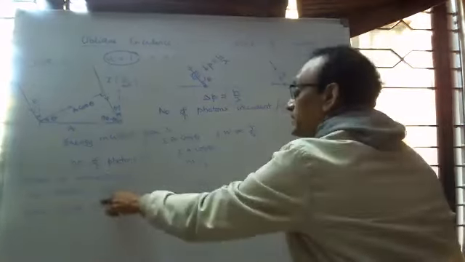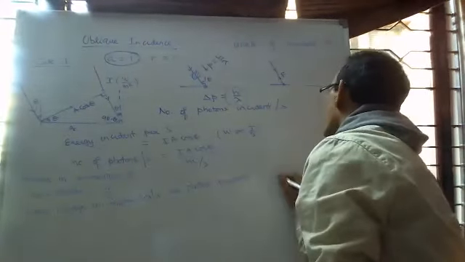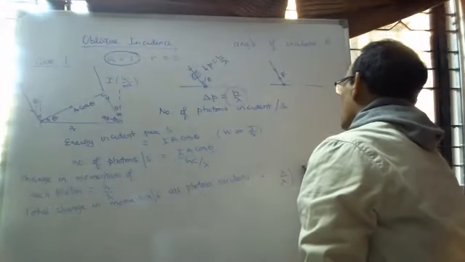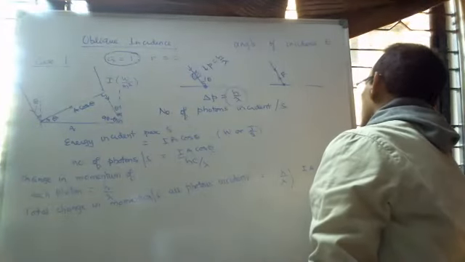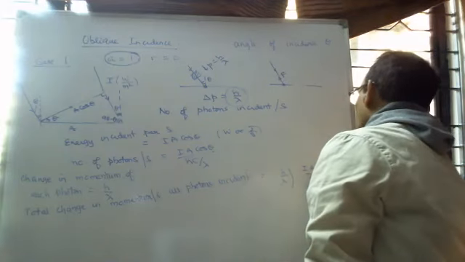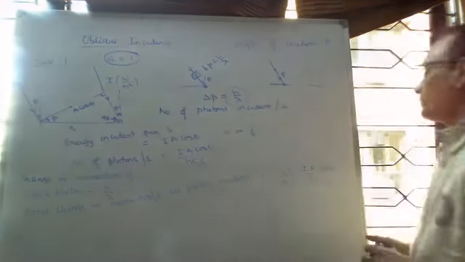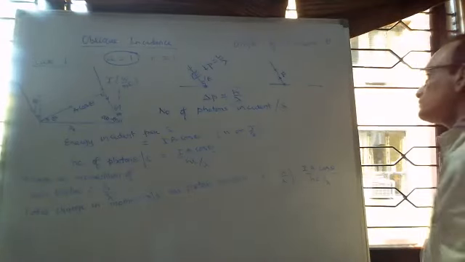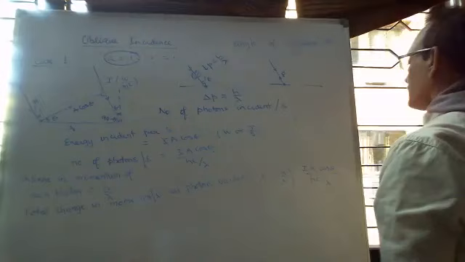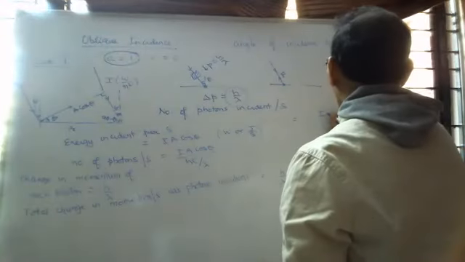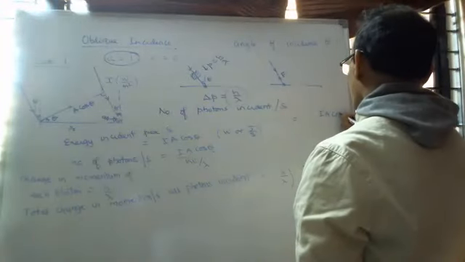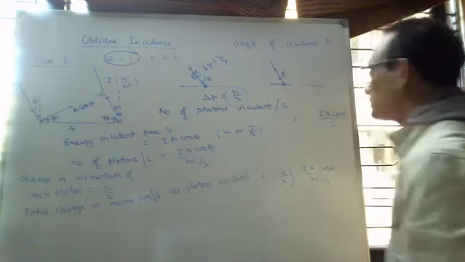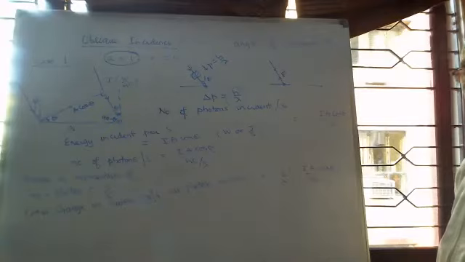Change in linear momentum एक photon का h by lambda into number of photons per second. hc by lambda. Right? ये हो जाता है I A cos theta by c. राइट।